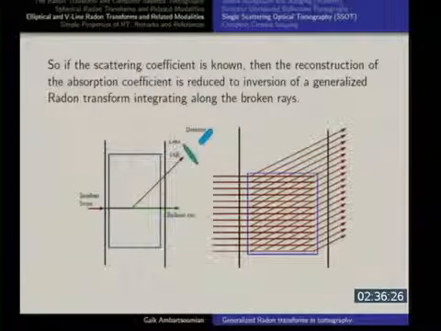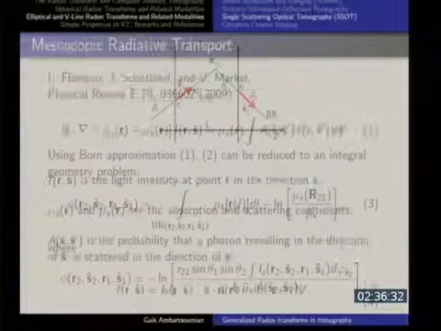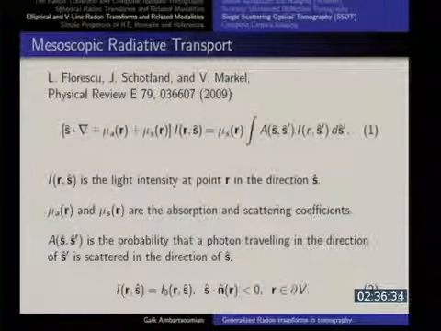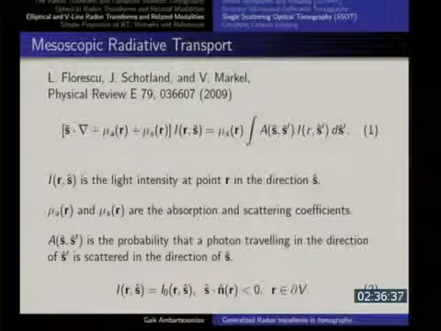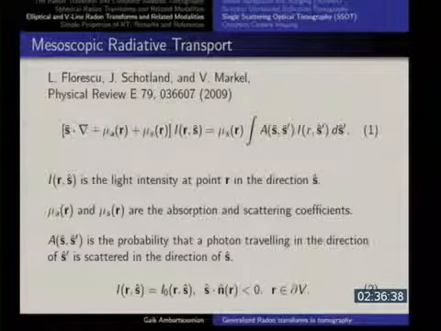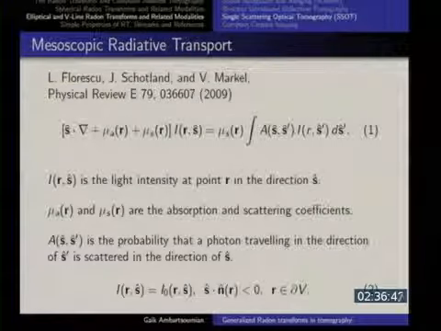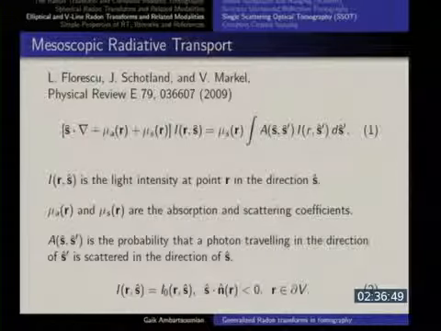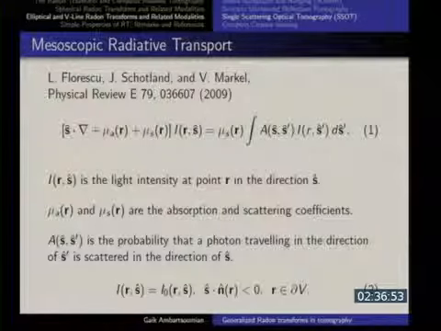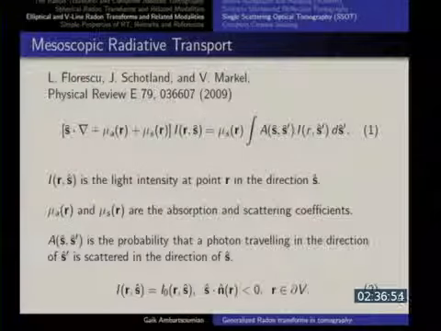Well, in this case, they say that it's about the thickness of the object. So actually, there was a word that I didn't address. It says mesoscopic radiative transport. In fact, these guys are physicists. Well, John is at the math department, but he's a very good physicist in addition to doing good math too. So the word mesoscopic stands for being in between.